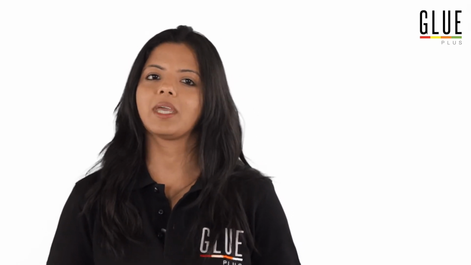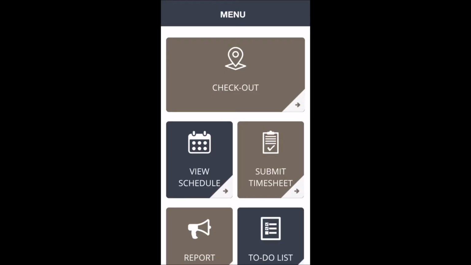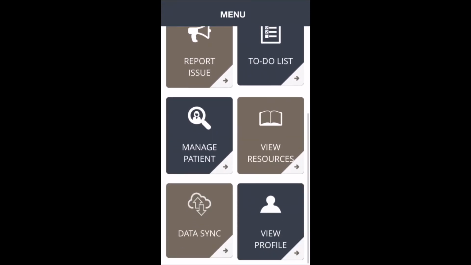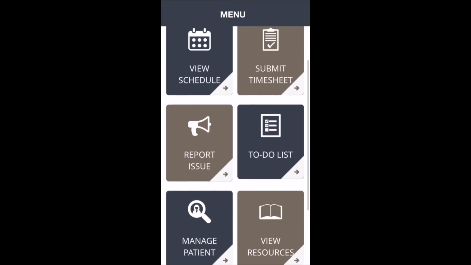Now you might be wondering, what happens if you check in from home and your GPS coordinates don't match, or whether we've got an offline option? Well, we've considered all of these scenarios. We'll have a look at this later on in the video, but for now, let's get back to checking in so that we can explore the rest of the mobile app. So once you've checked in, you'll see a main menu with various tasks that a GP does on a typical day at work. Let's go through them one by one.